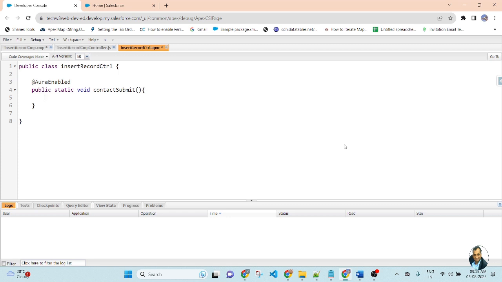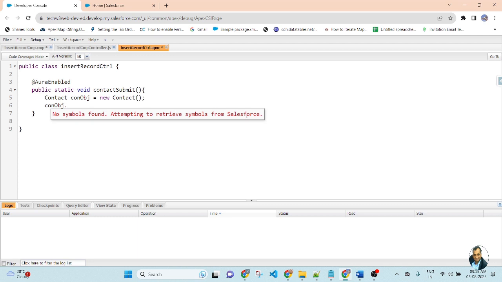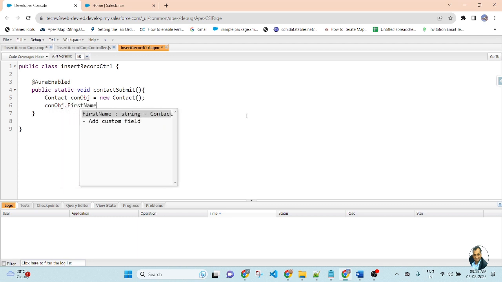Here I will create an instance of Contact with new Contact, call it obj. obj.FirstName equal to, and here I will pass some parameters.